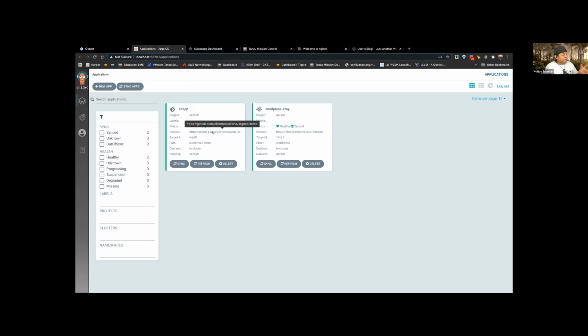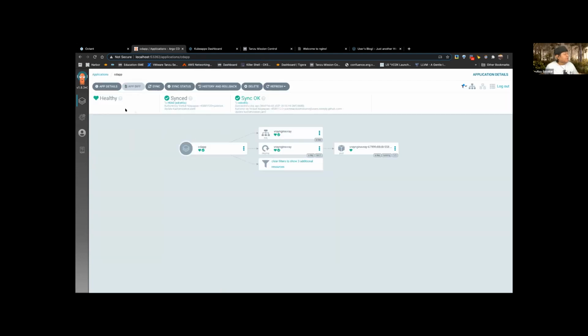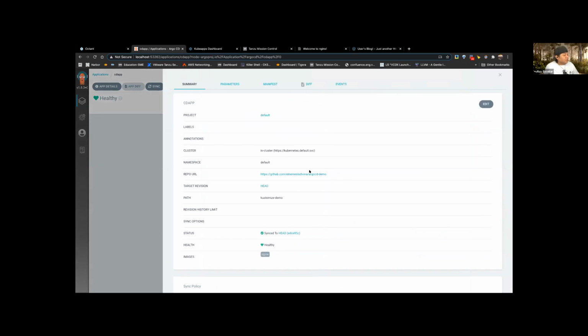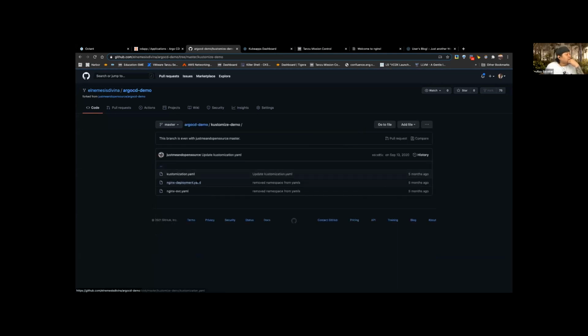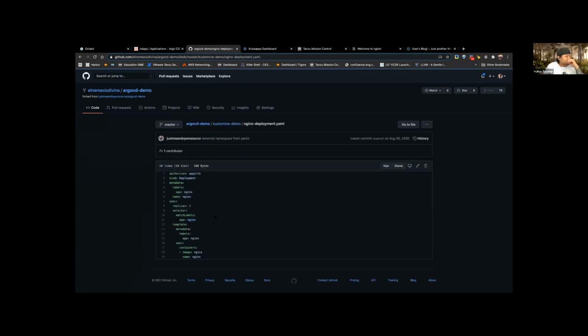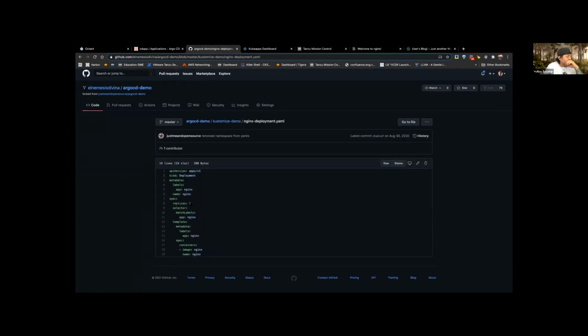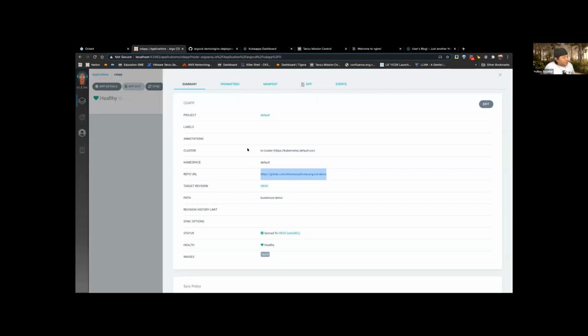And as well, I have two examples in this way. I have one from Bitnami, and the other one is from my GitHub repository, right? So let's take a look at this. For example, let me open my repository first. I have a demo here, which is just a deployment, right? And this deployment has the description of how many replicas I'm going to have, from Argo. So what is the meaning of all of this, right?